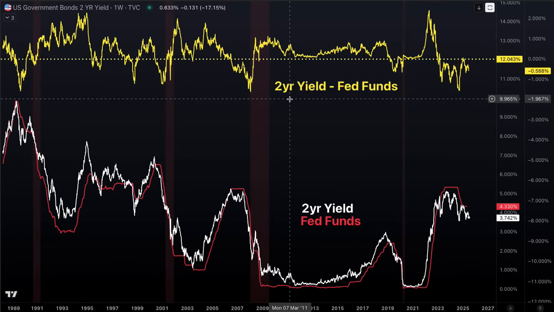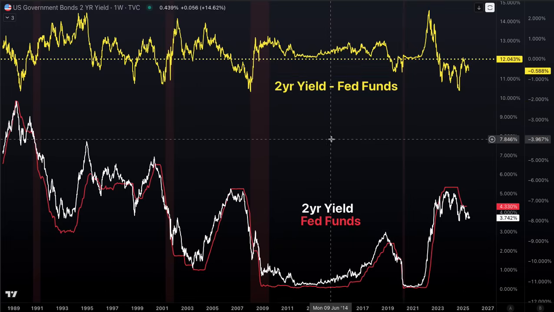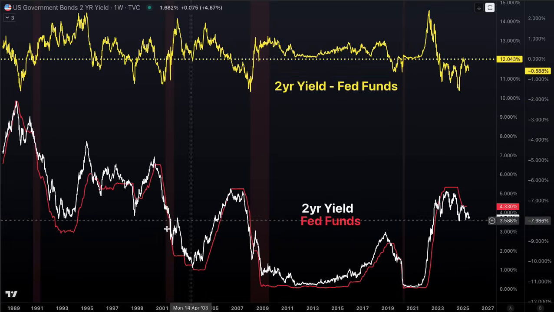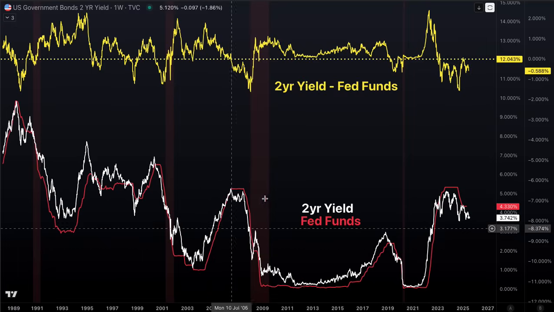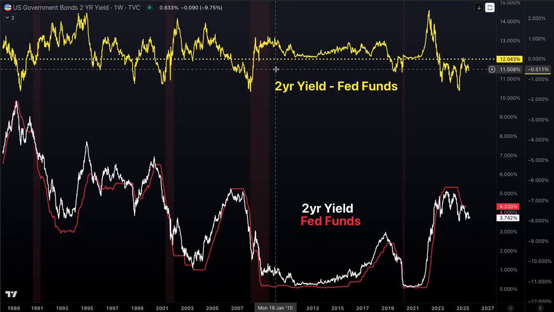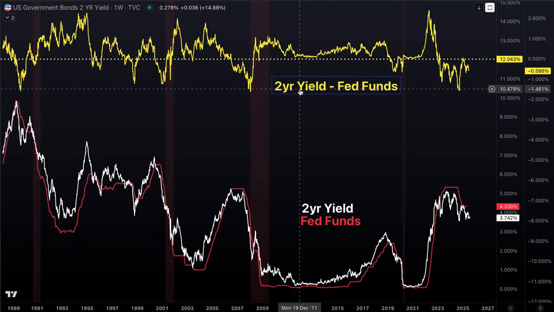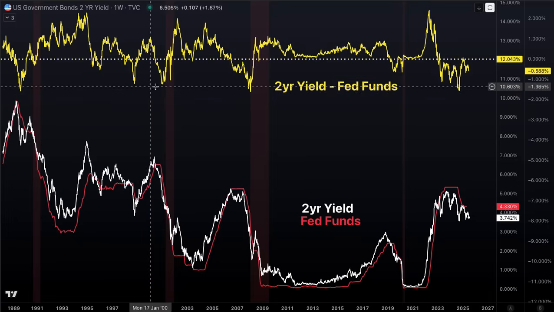So here's the 2-year minus the federal funds rate. We have talked a long time about this particular dynamic that the Fed appears and pretends to be all powerful, but is really not that powerful. They just follow the 2-year yield. And here is a way to visualize that. Up top is taking the 2-year yield and subtracting the Fed funds rate. And I think what's interesting is, again, it bottoms at the start of a recession.